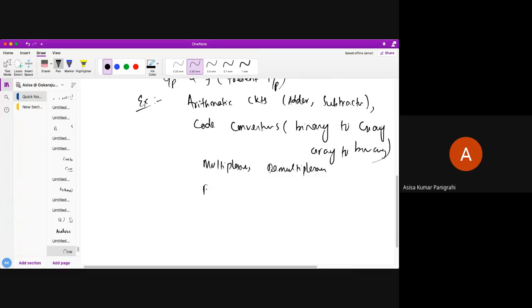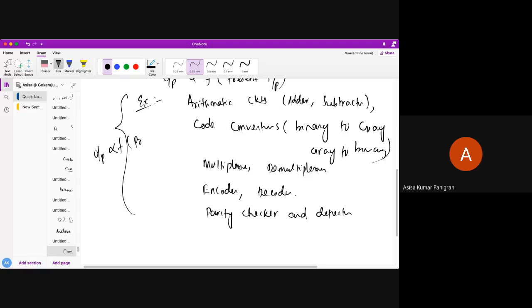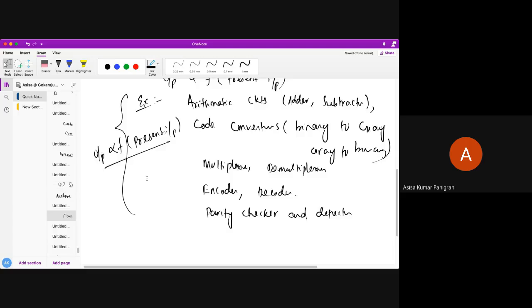Then a few more examples are encoder, decoder, and parity checker and detector. So these are a few examples of combinational logic circuits where output only depends upon the present input. Do you understand now? Very simple and very important.